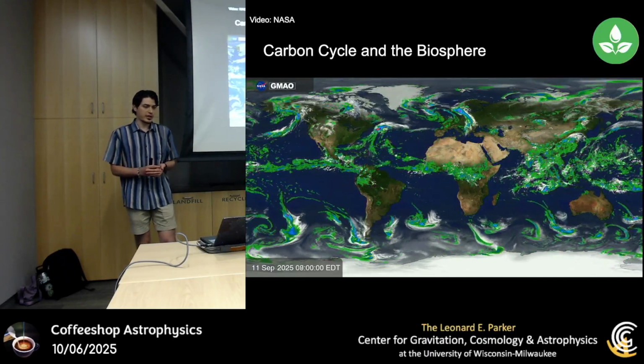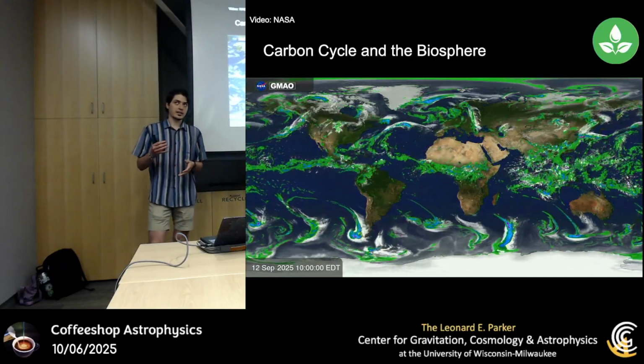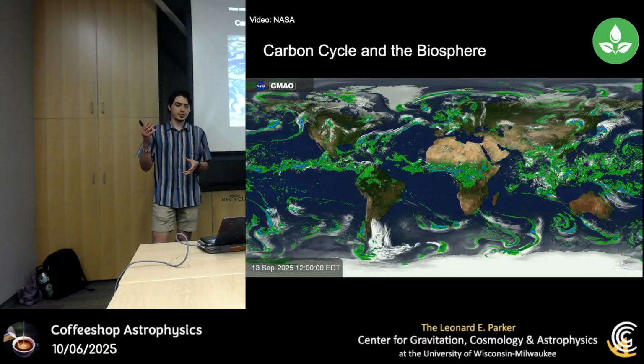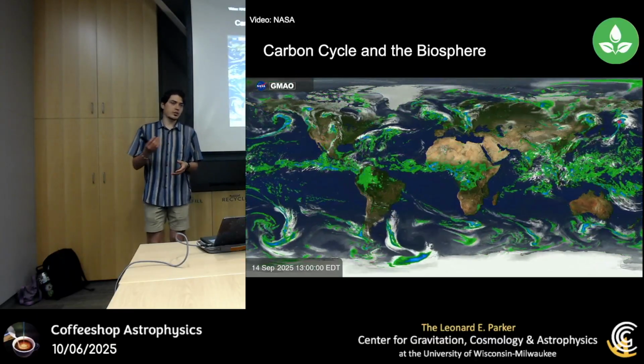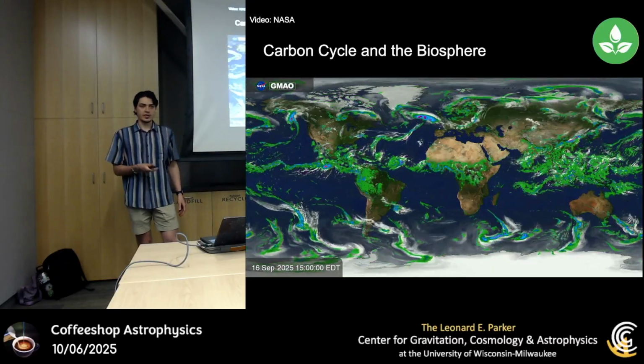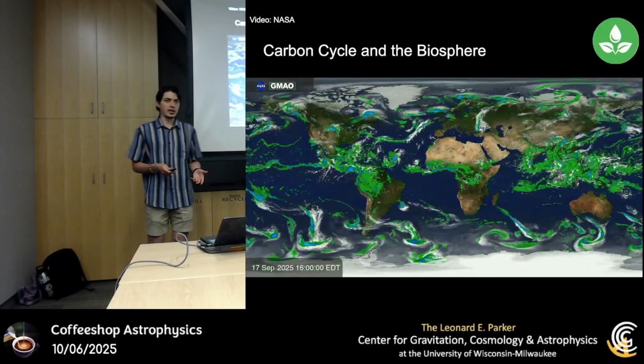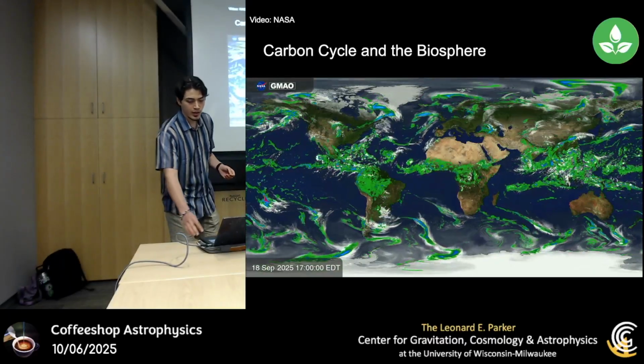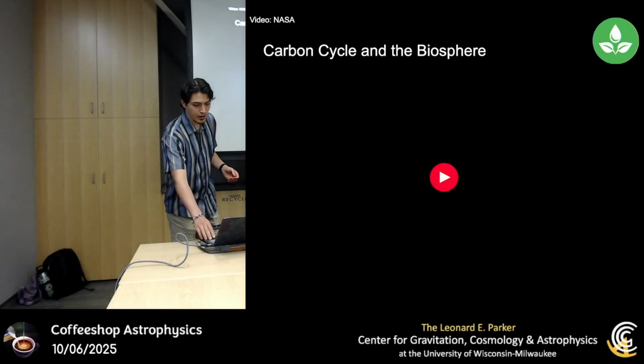So by measuring the color of reflected light, satellites can determine how successfully plant life is photosynthesizing, which gives us a good sense of things like ocean chlorophyll levels and land vegetation. One example of this are